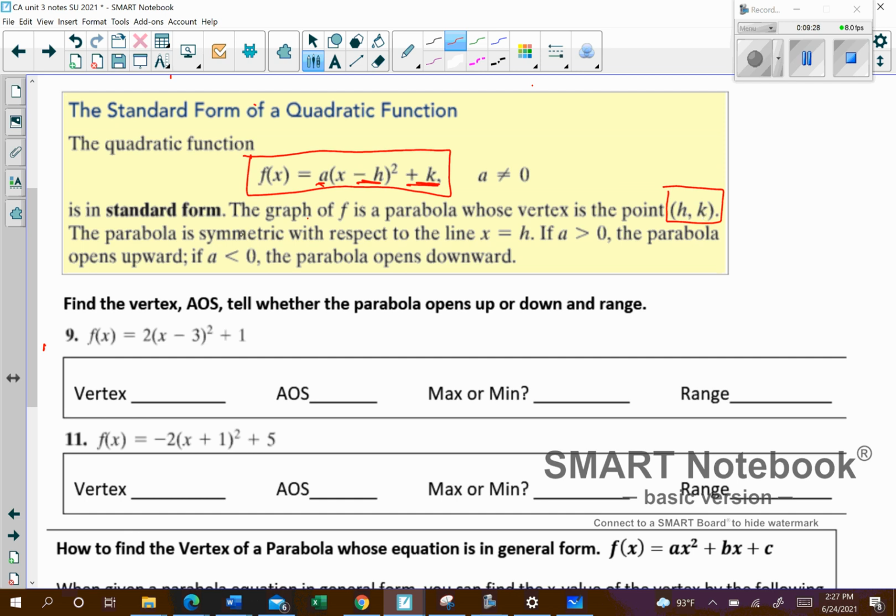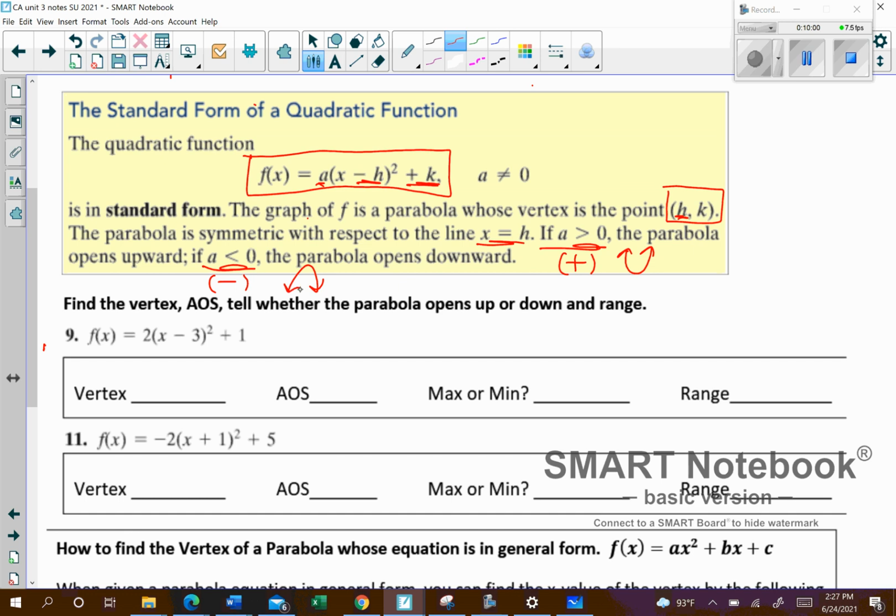So the parabola is symmetric with respect to the line x equals h, which we already kind of saw earlier, that it's always going to be x equals the x value from the vertex. Now the a value in front right here determines if the parabola opens upward or downward. If the a value is greater than 0, which basically just means positive, then it's going to open upwards like this. If the a value here is negative, then the parabola is going to open